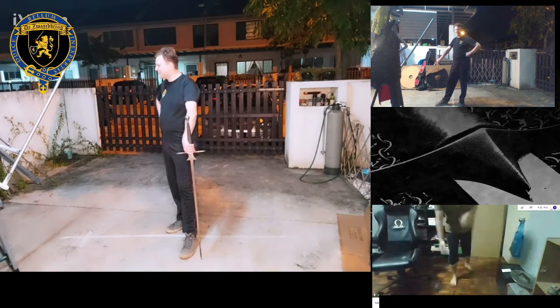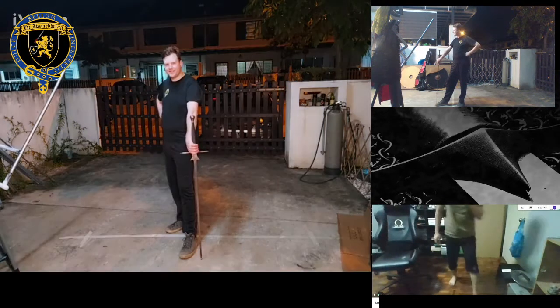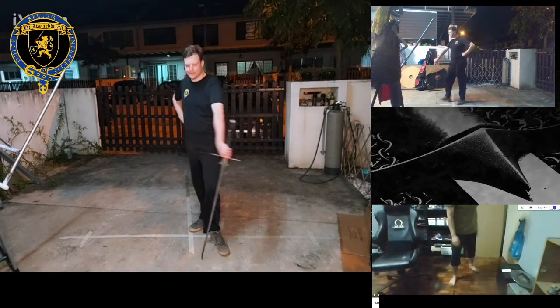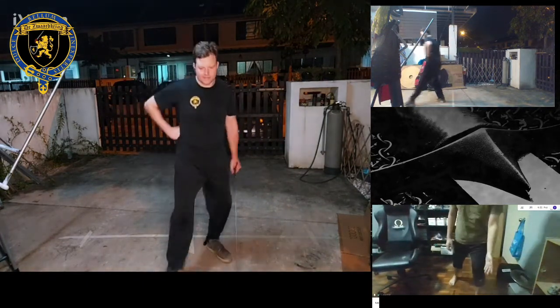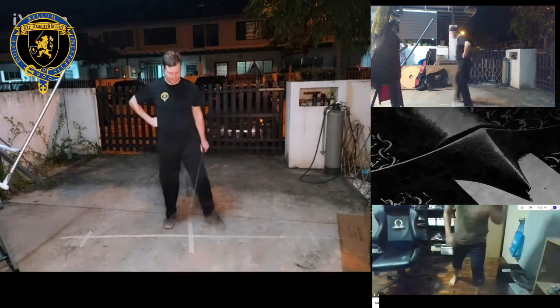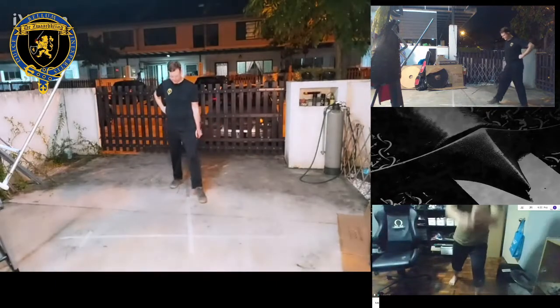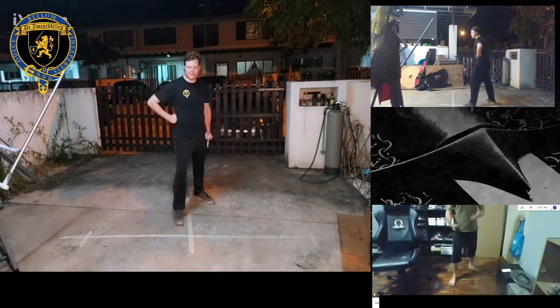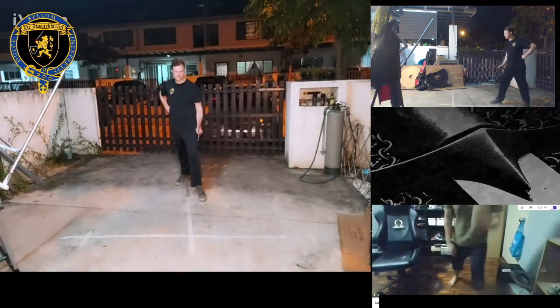The basic footwork that we're used to is the advancing step, the passing step, we call it. It's just basically the back leg passes the front leg and takes position in front. This is the basic passing step that we do with longsword. You've got your sword up there and you go in. These are advancing steps. Any step that you take towards your opponent is an advancing step.